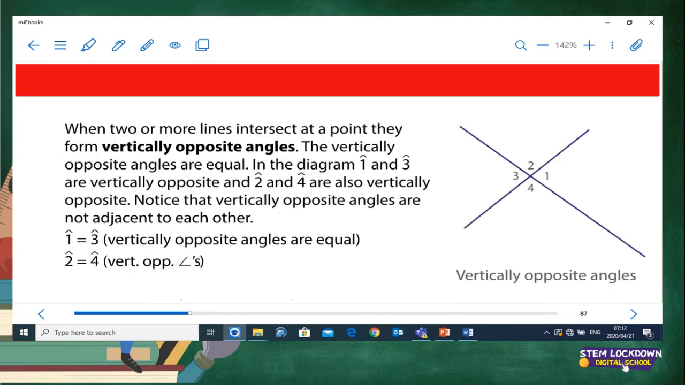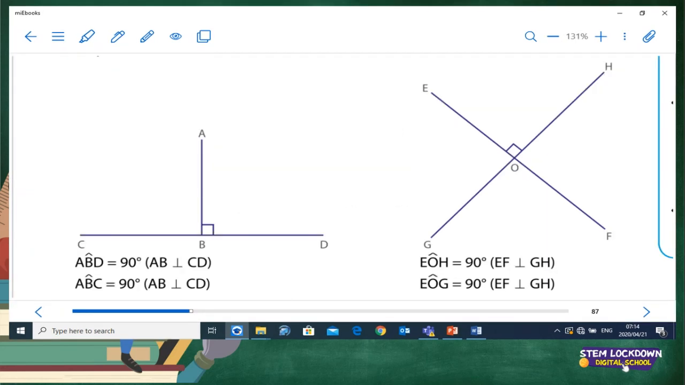And of course, we also looked at not only the 180 degrees, but also the vertically opposite angles. That is something that we looked at yesterday. And of course, we know that vertically opposite angles are equal. So this is what we know, that the vertically opposite angles have to be equal. And of course, we have looked at the 90 degrees as well,